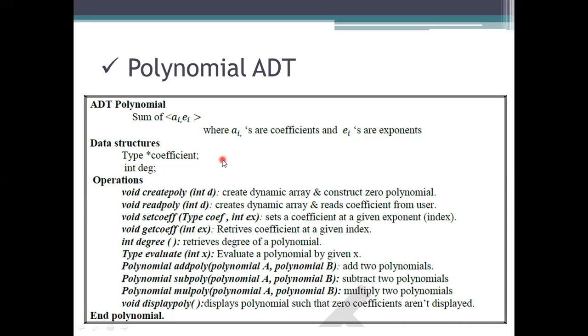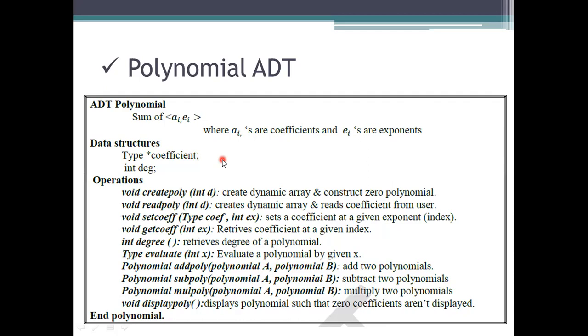The coefficient type will differ, because we may take signed or unsigned integers, so it is decided by whatever coefficient you give. Okay, and the degree will be an integer only.